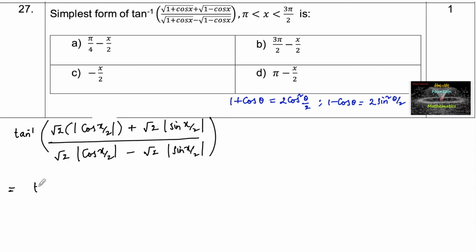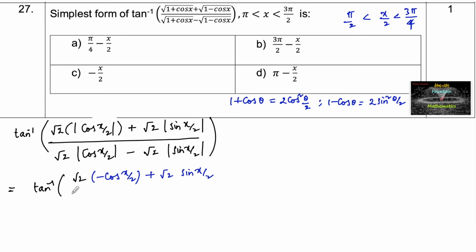So this is equal to tan inverse, we can take root 2 common. Since x lies between pi and 3 pi by 2, x by 2 lies between pi by 2 and 3 pi by 4. It is in the second quadrant, and in the second quadrant cos is negative, so mod of cos x by 2 will be minus cos x by 2. Sin is positive, so we can remove the mod and write it as positive. Taking root 2 common in the numerator and again in the denominator,